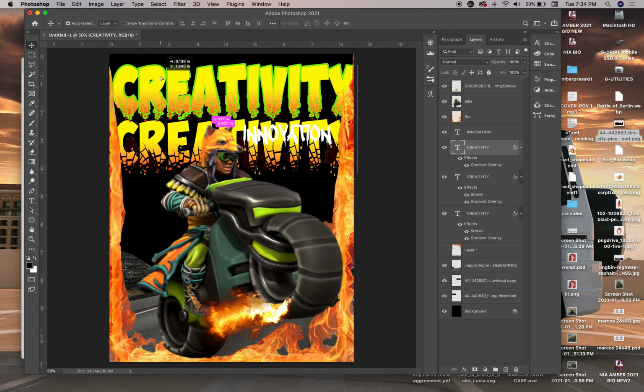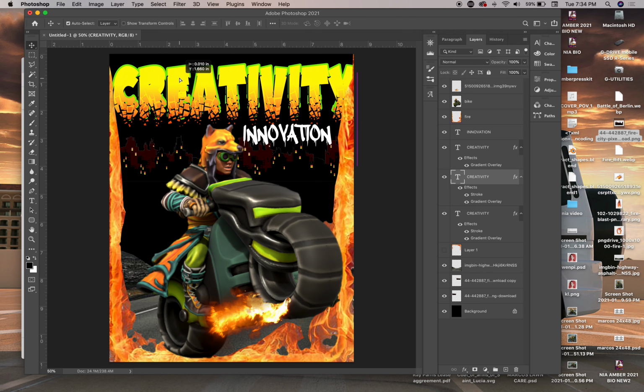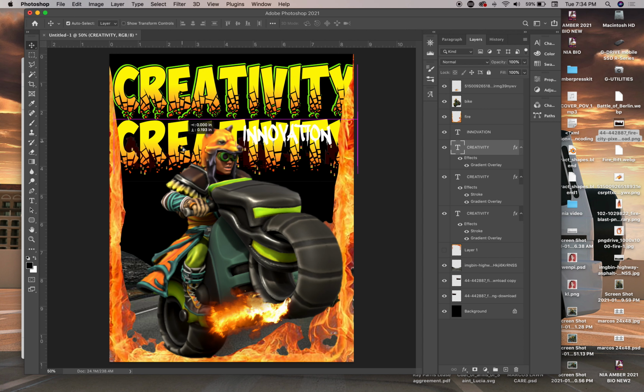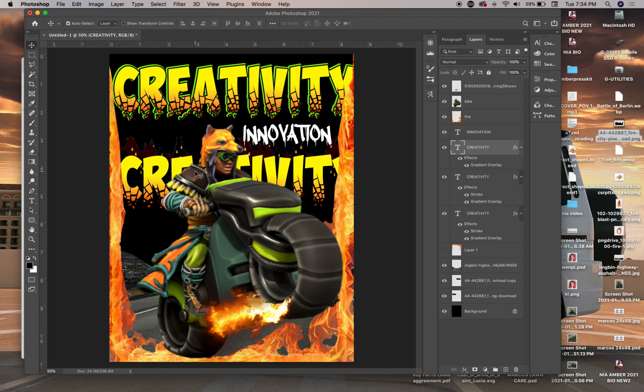Perfect. Align it. Align it over, so we can see those nice details. That looks good like that. Put it up. Perfect. Now, once you have it in position,